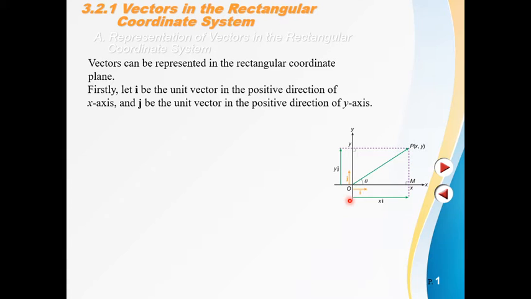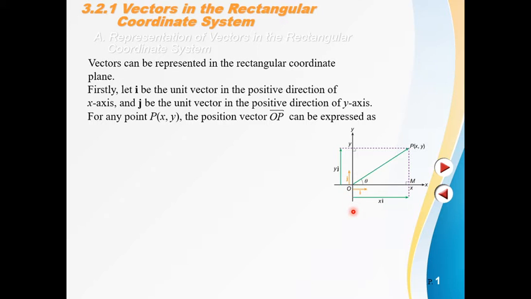You've already known what unit vector means. So the magnitude of i here means 1, the magnitude of j means 1 too. So the difference between them is their direction. i is pointed in the x direction, and j is pointed in the y direction. So we also have negative i, that is if we are looking for the negative x direction. We also have negative j, that is if we are looking for the